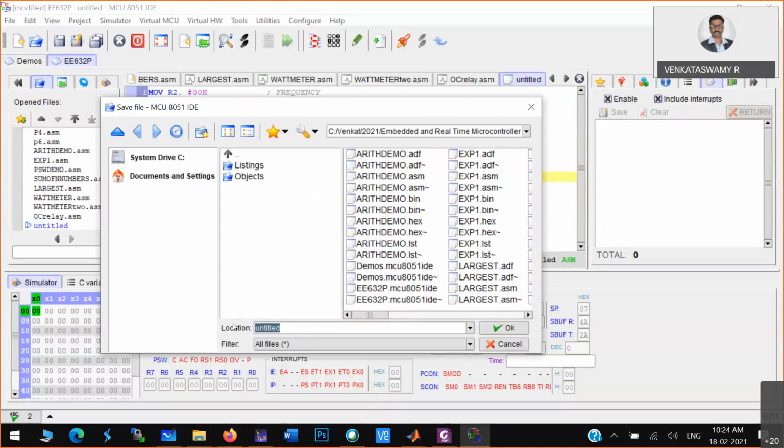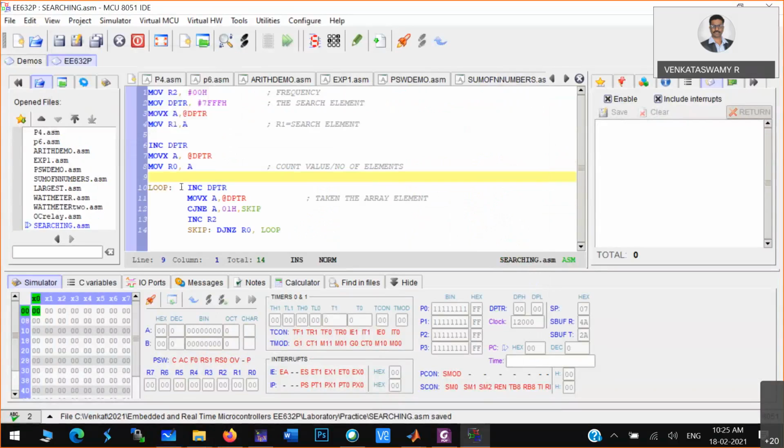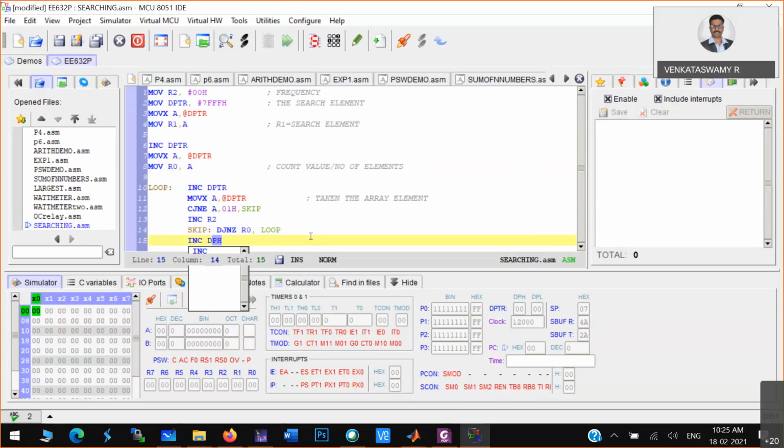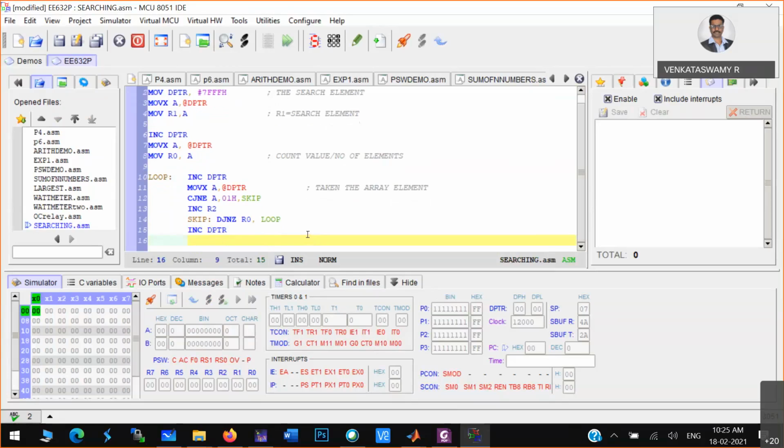So I'm saving this program as searching. Now here after completing the entire loop, what you have to do? You have to increment DPTR. So you have to push that particular frequency to the external memory. So for that, MOVX @DPTR, A. So what you have to move?